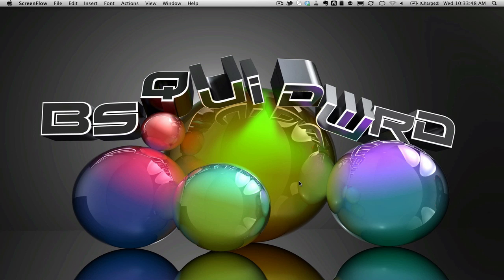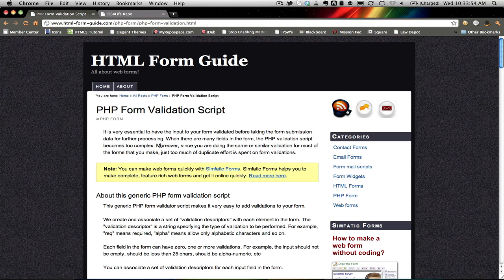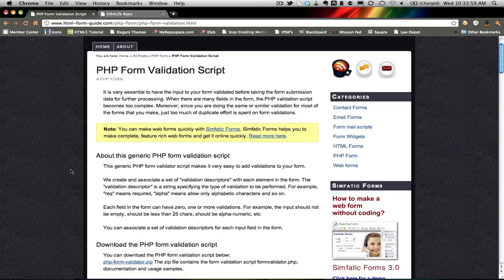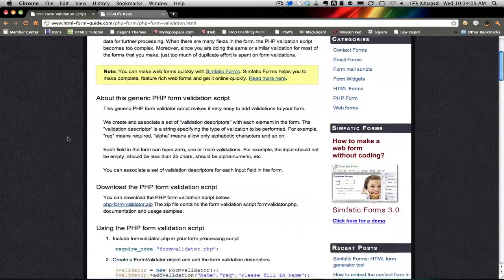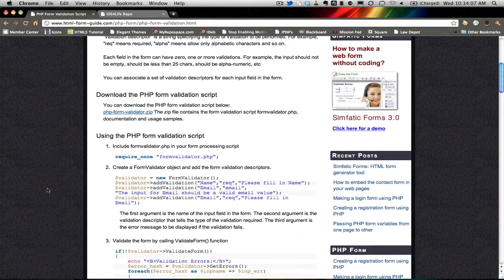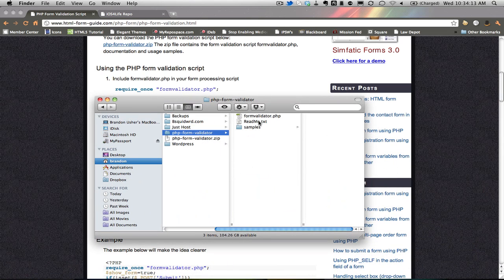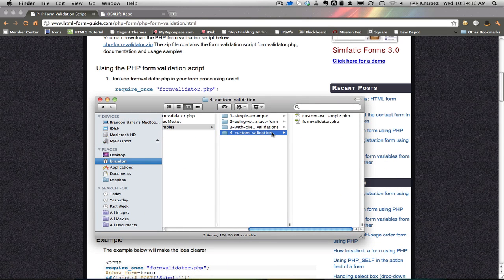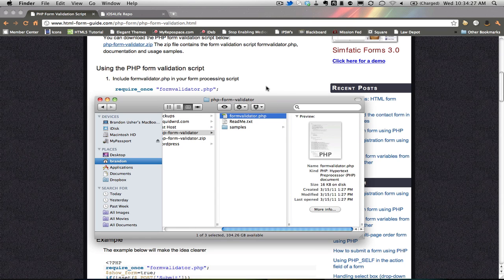I found a nice little script for website designing that helps you out when you're trying to validate a PHP form. It's called the PHP Form Validation script, and it's from the website HTML Form Guide. You download it, and the folder comes with a samples folder with examples: custom validation, client side, a contact form, and simple examples. But really all you need is this one formvalidator.php